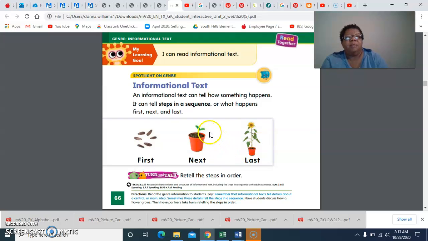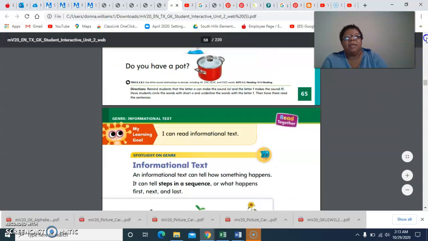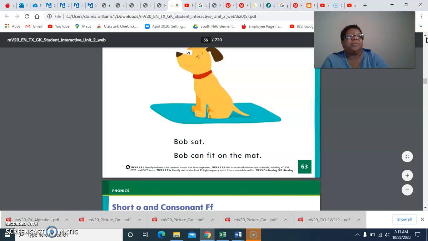And so we'll be looking at how bees have a certain order on how they make their honey or their hives. And so I'll make a video for that tomorrow, and make sure and go back and do your reading,